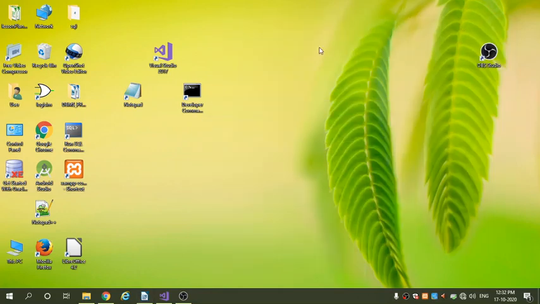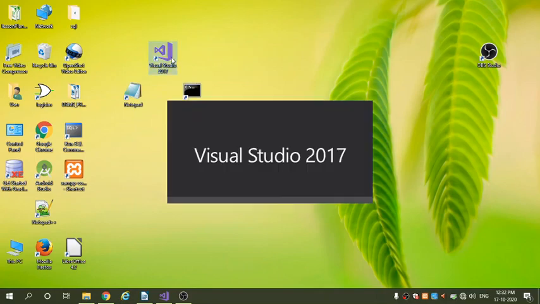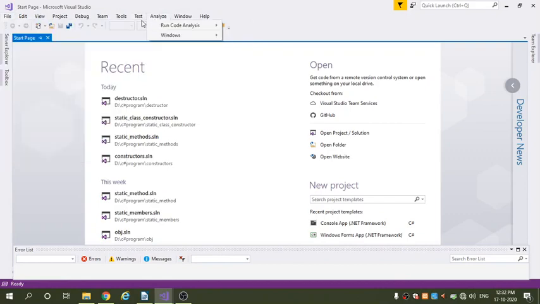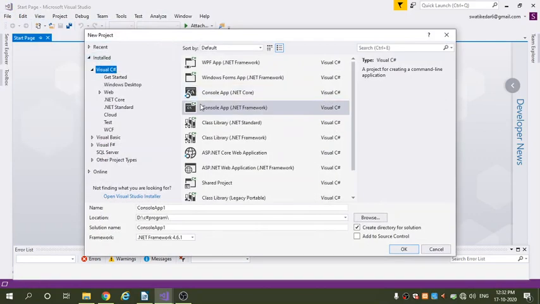This program execution we are going to see in two ways. The first way is in Visual Studio. In the second way we type the program in Notepad and execute it on the developer command prompt. So let's start with the first way in Visual Studio. For that you have to open Visual Studio, go to File, New, Project, Visual C#, Console .NET Framework, and give the project name here,